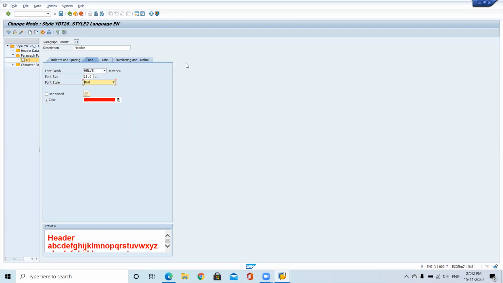Normally, what we'll do, we'll create one general style which contains all the paragraph formats as per the client requirement. Most of the cases, as per the client, few clients will use certain fonts. So we'll create one style with those fonts, so everybody will use it. Got it. Simply, if you modify here, it will reflect in all the places where we use it.